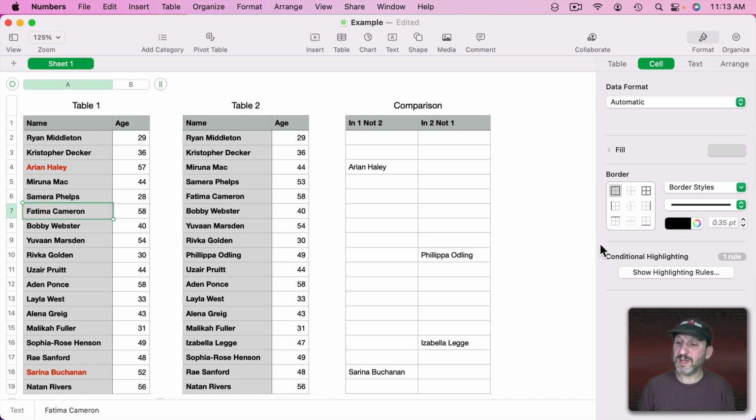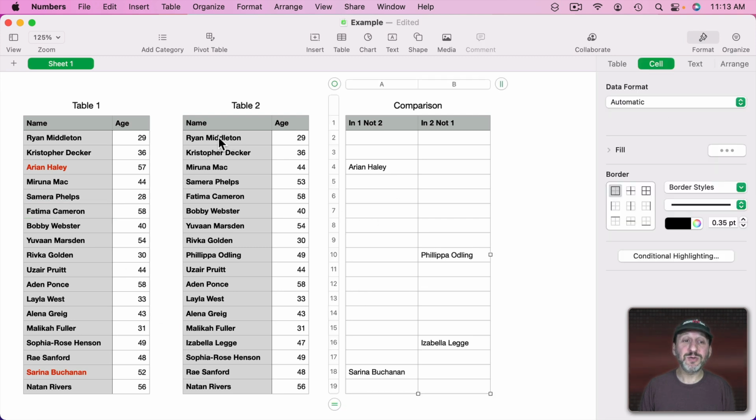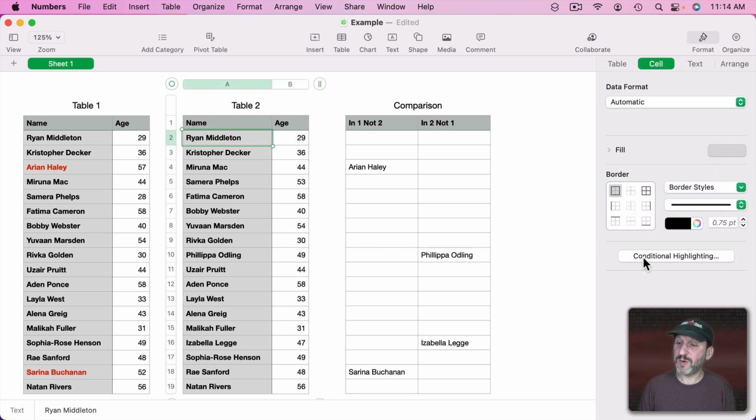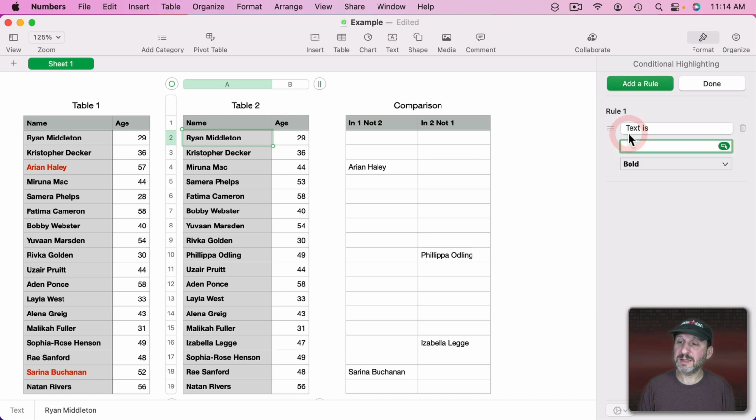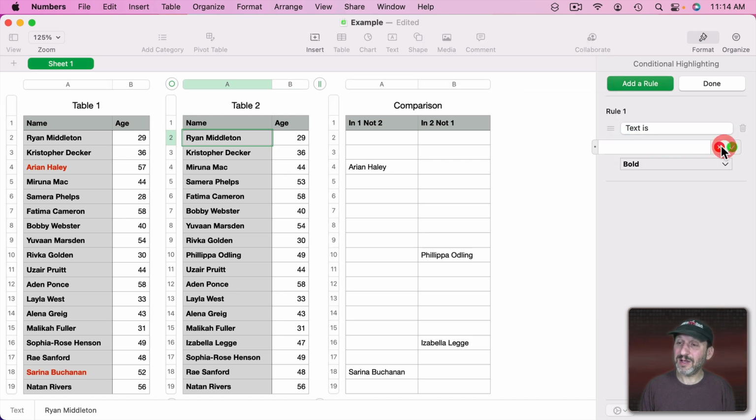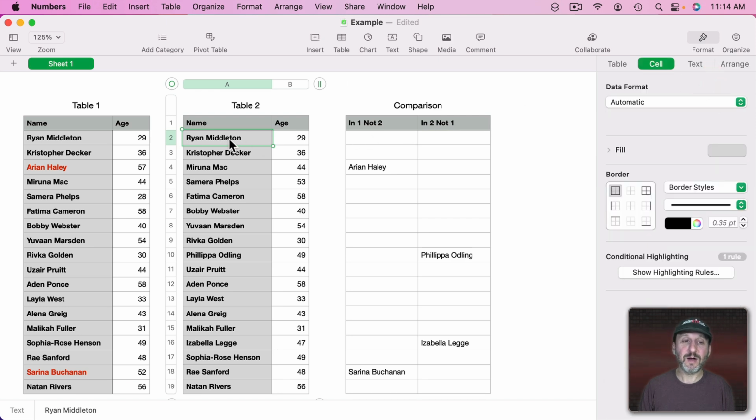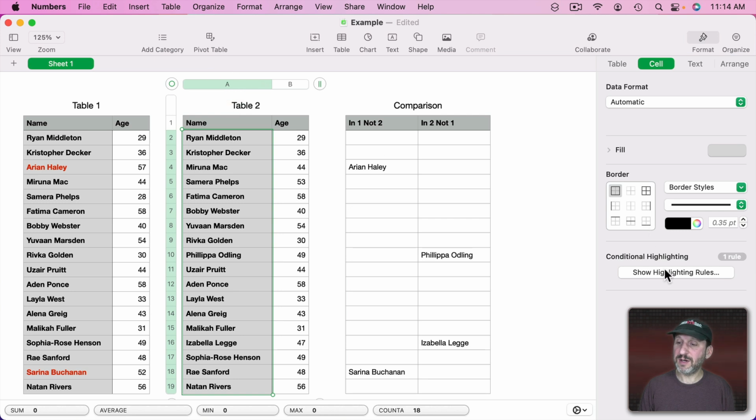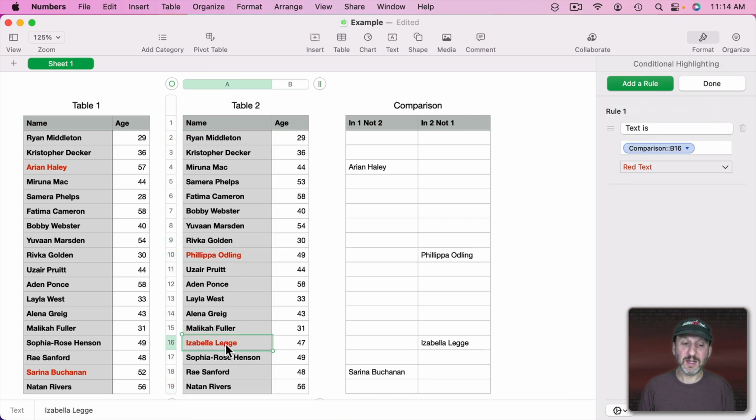So for each one of these it actually moves the value here to be the one that's directly across from it. So now we can do the same for this table. Here I'll select this first one. I'll do conditional highlighting, add a rule, text is, and then I'm going to click here, select this cell, and then change it to be red text, done. Now if I select all the cells here, show highlighting rules, and combine the rules,